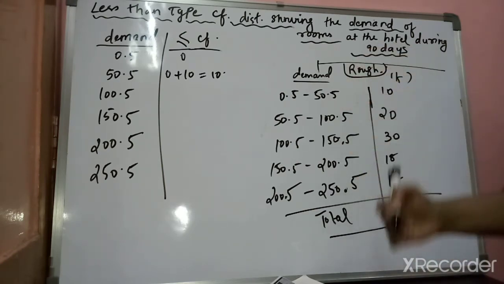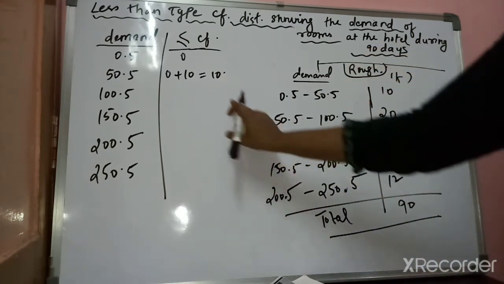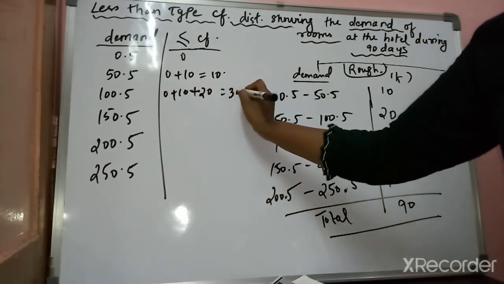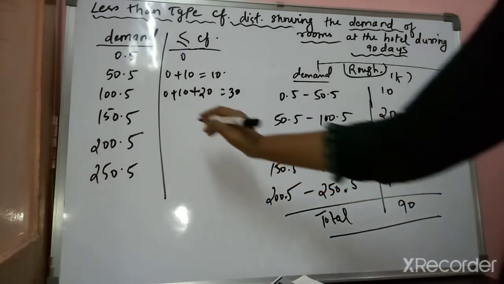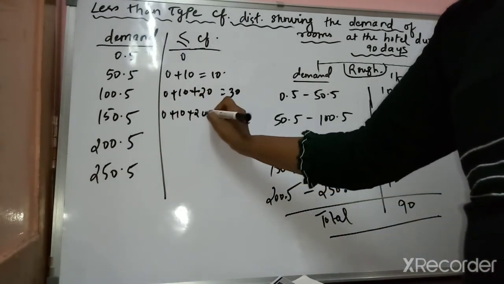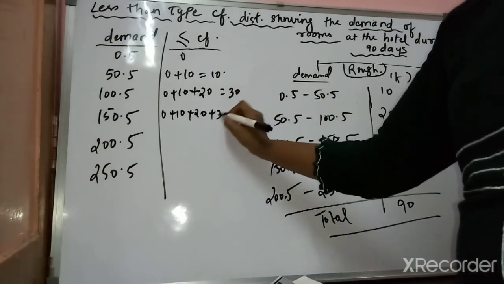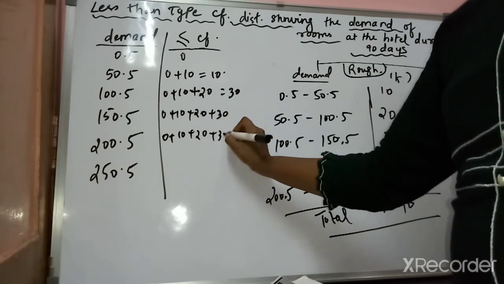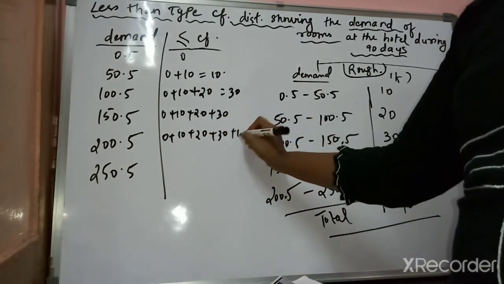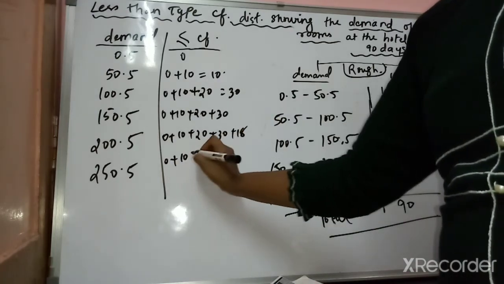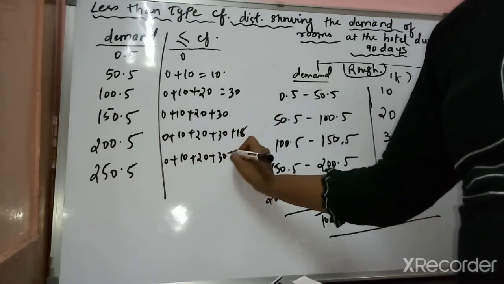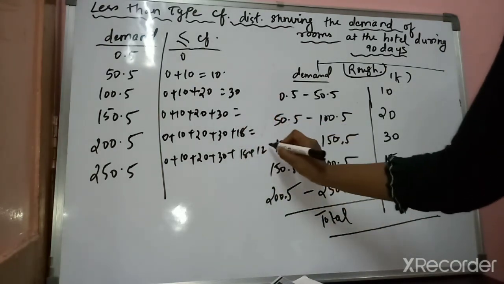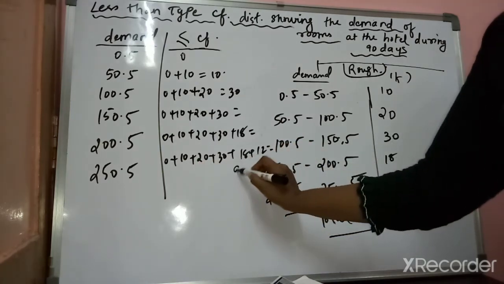Now you have to go one by one. Now add 10 plus 20, it would be 30. Like this you have to show the working also. Now again add the next one, that is 0 plus 10 plus 20 plus 30. I would write all the working so it would be more clear to you. Now after 30 what it is, 18. So plus 18, and the last 0 plus 10 plus 20 plus 30 plus 18, and the last is 12, right? So just add it up. Now this is the completion, and the last one it would be like this, 90.